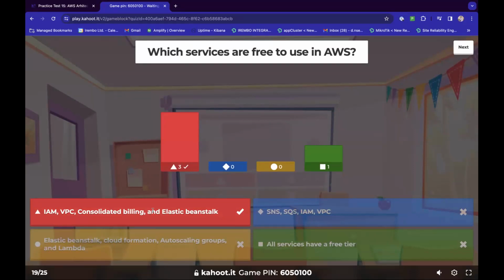Okay. Yeah. Nice. So I believe for the other ones, you have to pay. For Lambda, you have to pay. For SNS and SQS also, you have to pay. For SQS, you pay for incoming traffic, the producer and consumer thing. For SNS, you have to pay for notifications being sent as well. So yeah, I believe the first answer makes more sense.